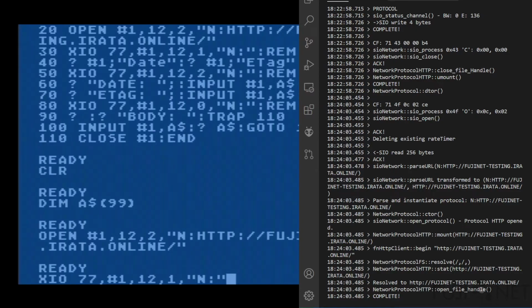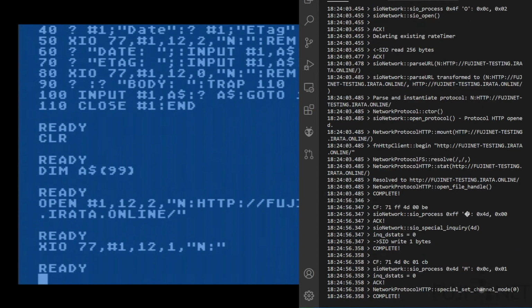And we need to just say, okay, done. Now at this point, we've reset the channel mode to collect headers. So this means that anytime I ask for a particular set of headers through the print command,